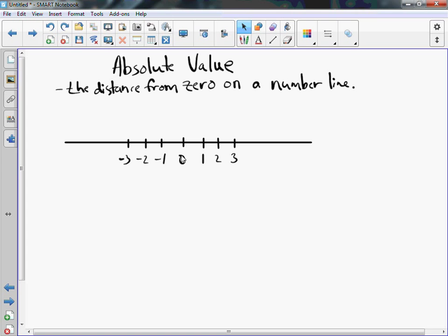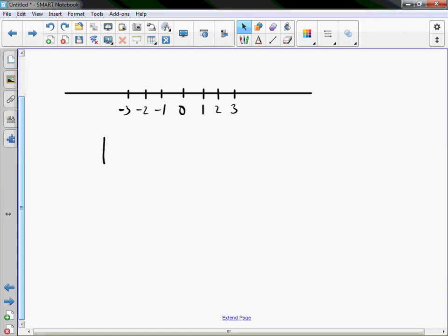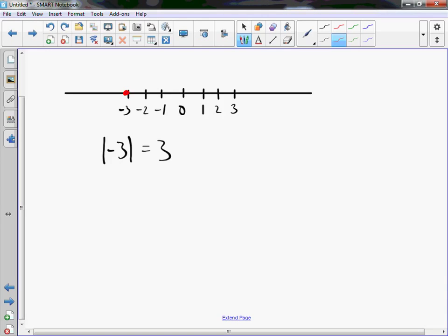So, as you can see, let's scroll down here and I'll put the absolute value of -3. We all know that that's 3, but if you check this on the number line, we know that it's 3 because of our rule. Well, it's negative. Absolute value bars, we take off that negative, whatever comes out of the absolute value bars has to be positive. Well, if I graph -3 on here,